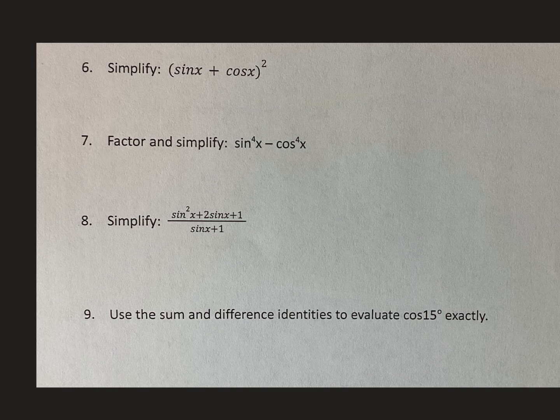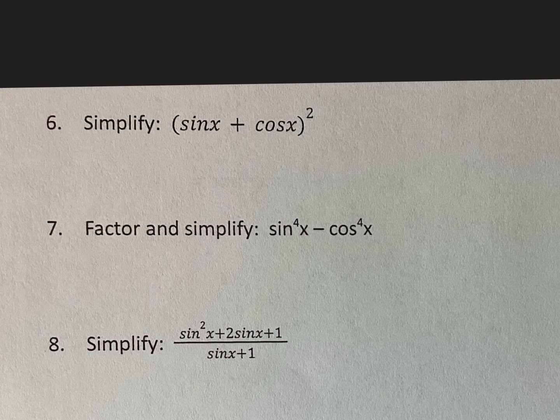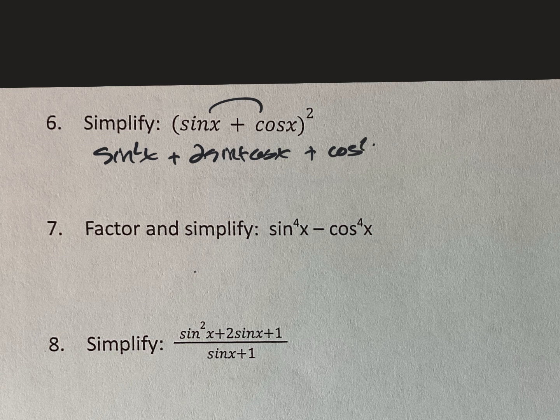Number 6, simplify. First of all, there's a square, so I'm thinking square, multiply, double square. So that's where I'm going. I'm going to square sine. I'm going to multiply these together, which would be sine x, cosine x. Double it, put a 2 in the front, and then square the second, which is going to be cosine squared. Now, because I see sine squared and cosine squared,